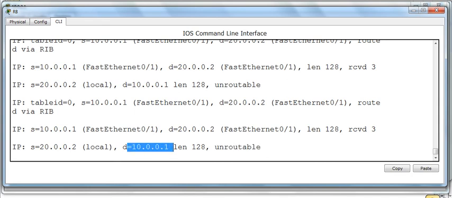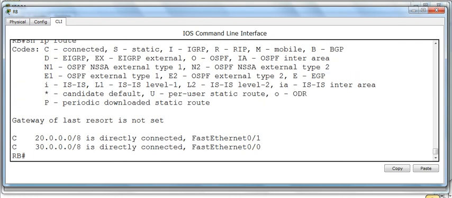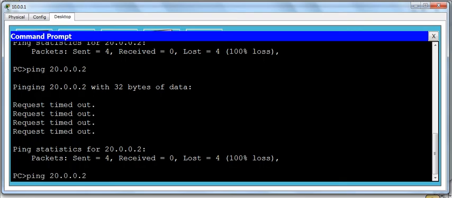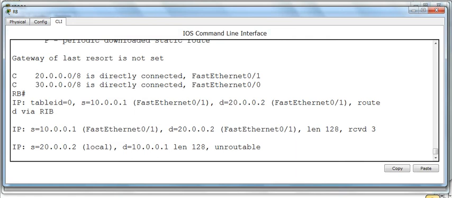RB doesn't know how to go to 10.1. See the routing table, show IP route. It doesn't know about 10. So whenever you ping from this 10.0.0.1 PC, I am receiving a packet from that source.